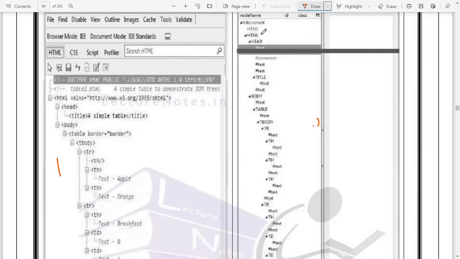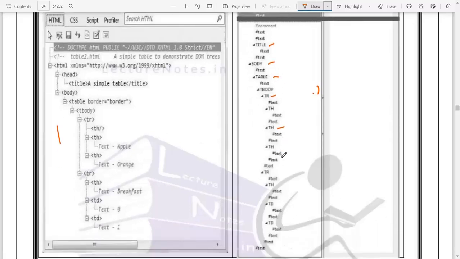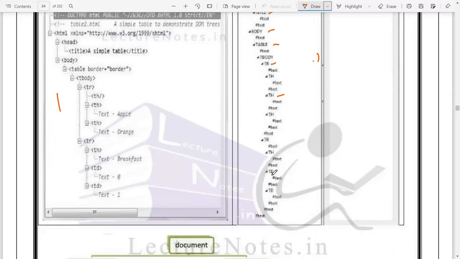First we have the HTML element, the head element, the title, and the body, table, table row, table header, and table definition, and at last it will continue as it is in this. Towards the left side we have our HTML program.